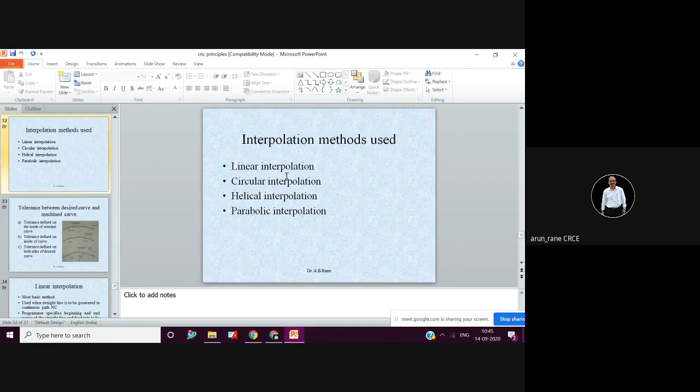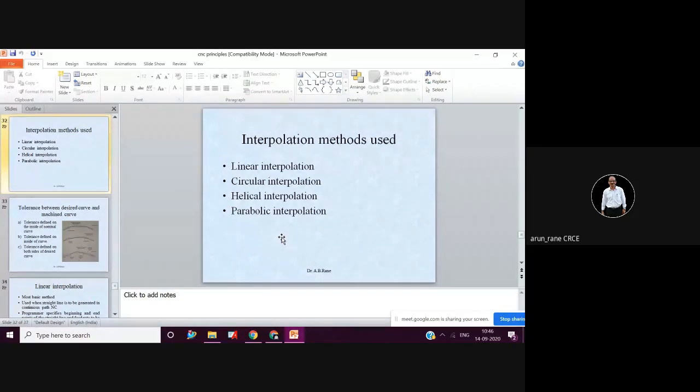Linear obeys the rule y equals mx plus c. Circular obeys the rule (x minus h) the whole square plus (y minus k) the whole square equals r square. That is the equation of the circle, and so on for the helical interpolation and for the parabolic interpolation.